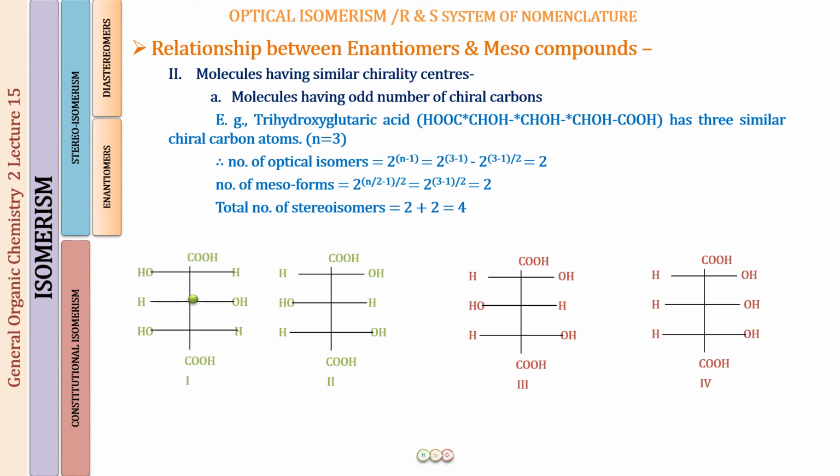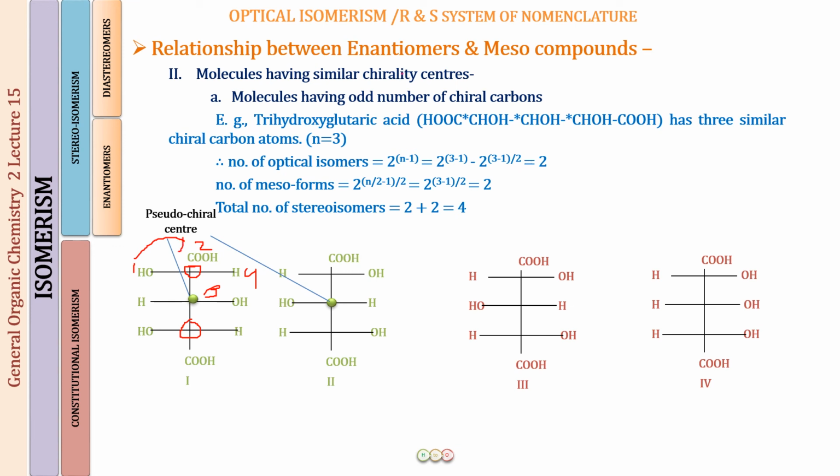If this is not a chirality center, how are we including it in the chiral carbons? Well, what we refer to this carbon in structure number 1 and structure number 2 is a pseudo chiral carbon. Why do we call it a pseudo chiral carbon? For this, what you have to see is what is the configuration of C2 and what is the configuration of C4. If you look at C2, first of all, this is going to be priority group number 1, priority group number 2, C3 is going to be priority group number 3, and hydrogen is going to be priority group number 4. When you draw the arrow from 1 to 2, this is in the clockwise direction.